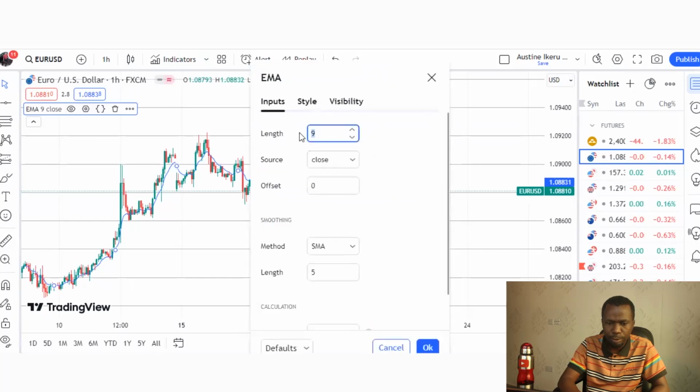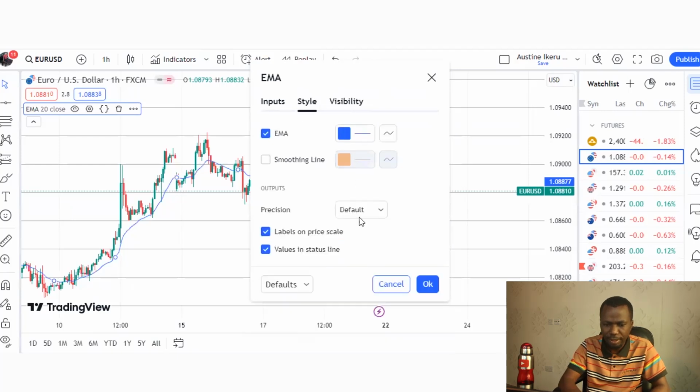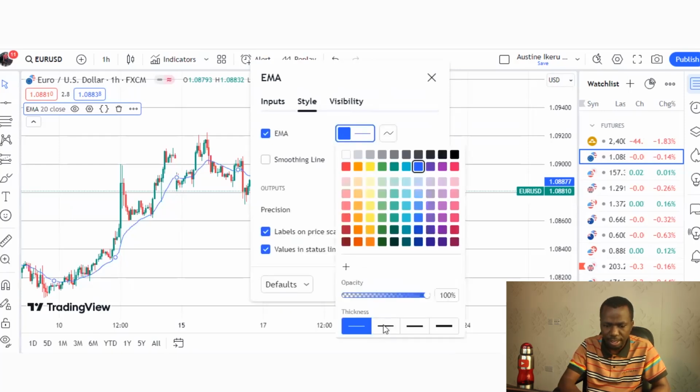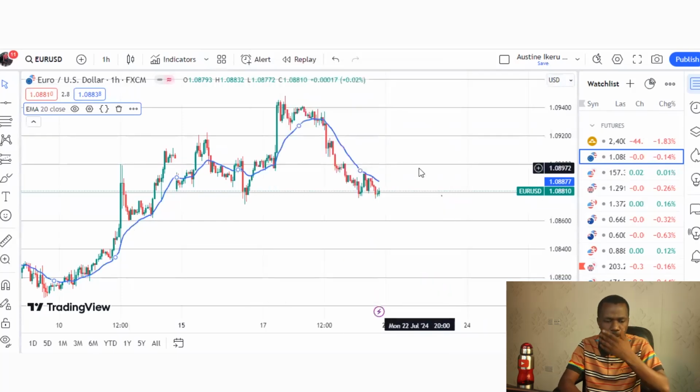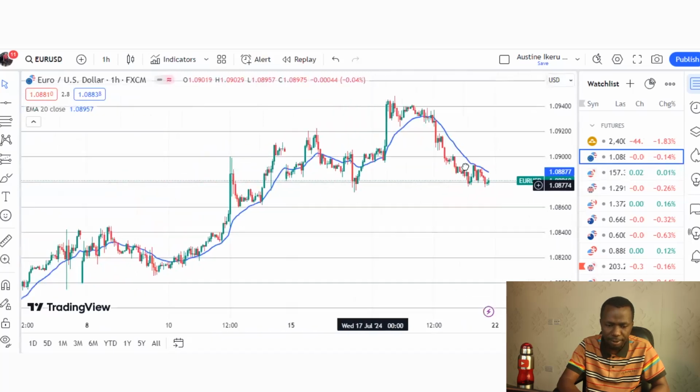Set it to 20 EMA since the market is in a strong trend, and the method will be EMA, then 20 again. Then you increase the boldness so that it will be more visible. After that, you click OK. So if you watch from here,